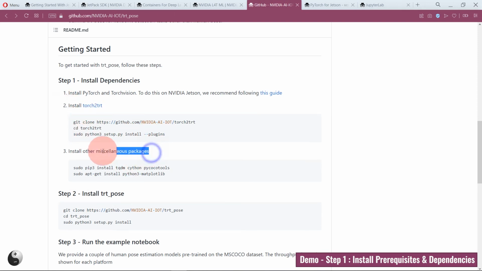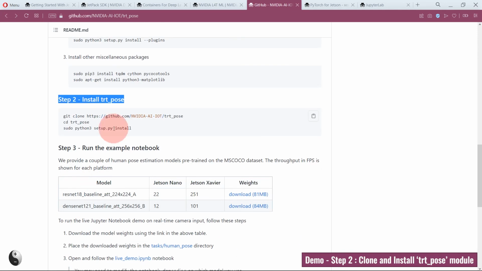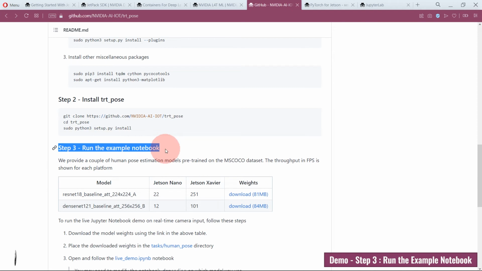Then, install other miscellaneous packages like these. In step 2, install TRT pose. Once you have cloned and installed the TRT pose module, then in step 3, run the example notebook. It will get listed in the data folder.